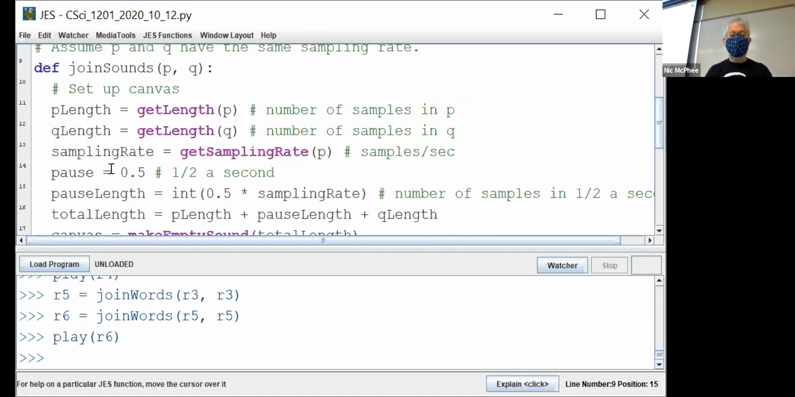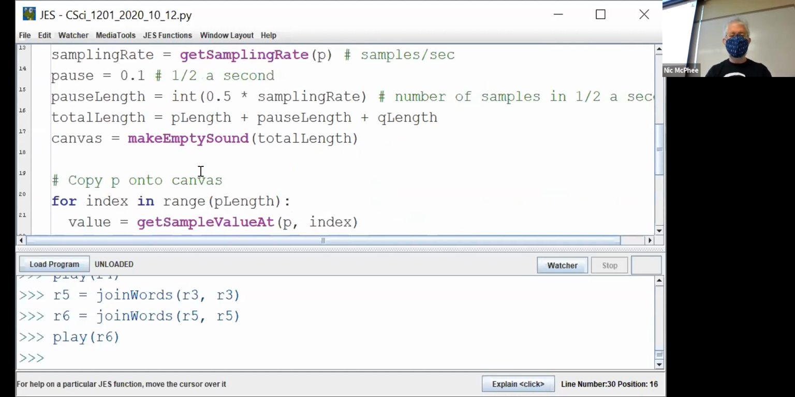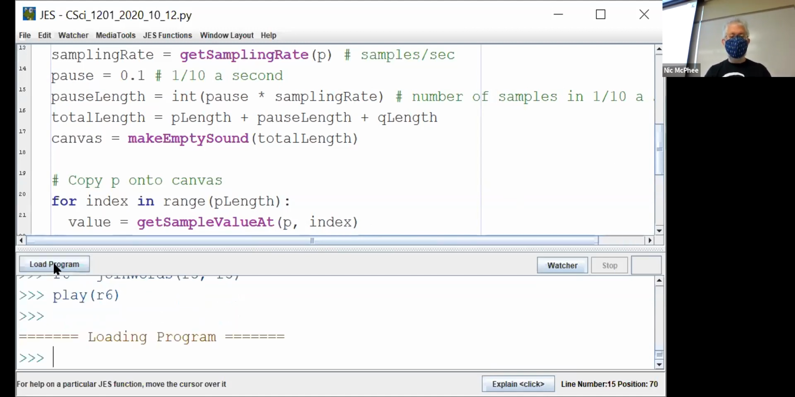And let's change this to, actually, let's just change it to 1/10 of a second. Oh, so I think we would get, oh, and I used 0.5 here when I should have used pause. Figured that out. And now we should be able to do,